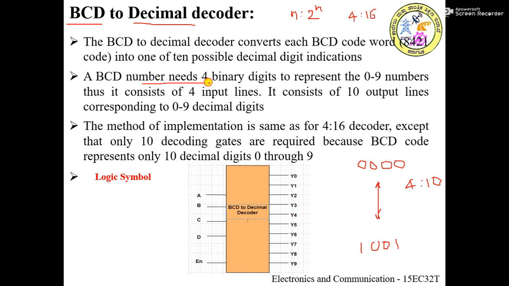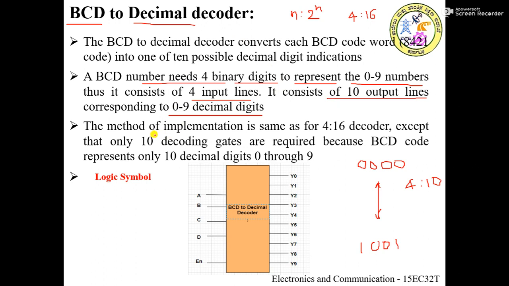A BCD number needs only 4 binary digits to represent the numbers from 0 to 9. That's why there are 4 input lines, no doubt. It consists of only 10 output lines to indicate the 0 to 9 decimal digits. A standard decoder will have 16 output lines, but this is a special kind of decoder which will have only 10 output lines.